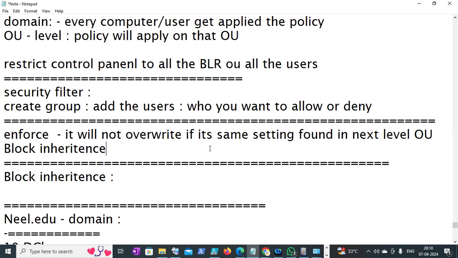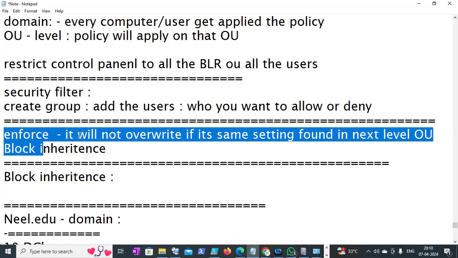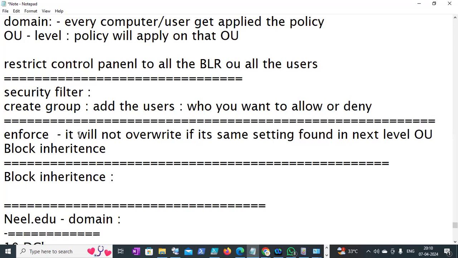Then we discussed enforcing. What is meant by enforcing? By default, group policy is processed hierarchically, and it overwrites if the same setting exists. But when you enforce, it won't overwrite. The policy will come through, and it will show you where it is coming from at the top level. Block inheritance will stop applying the policy from the top level. When blocking inheritance, it will apply